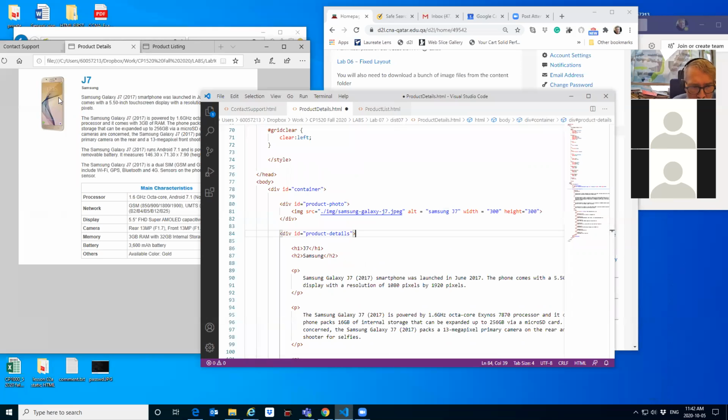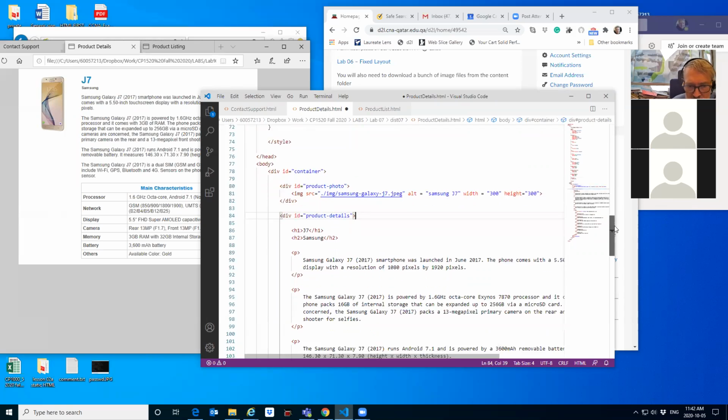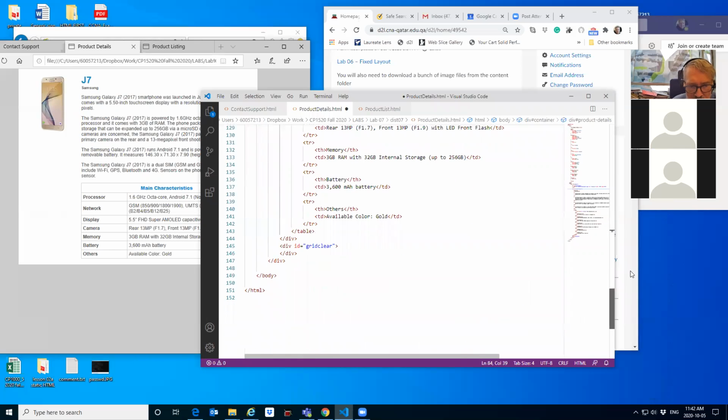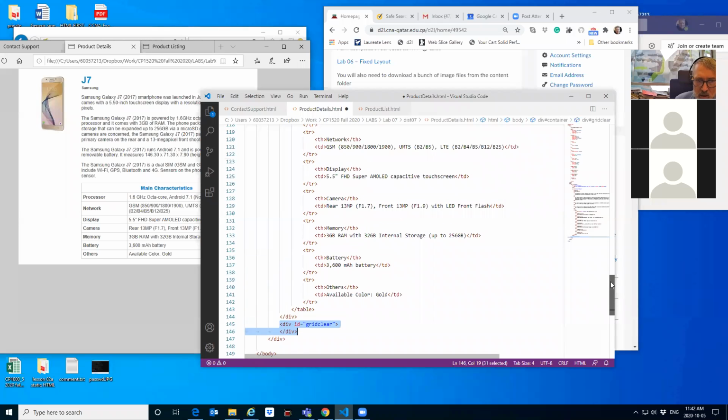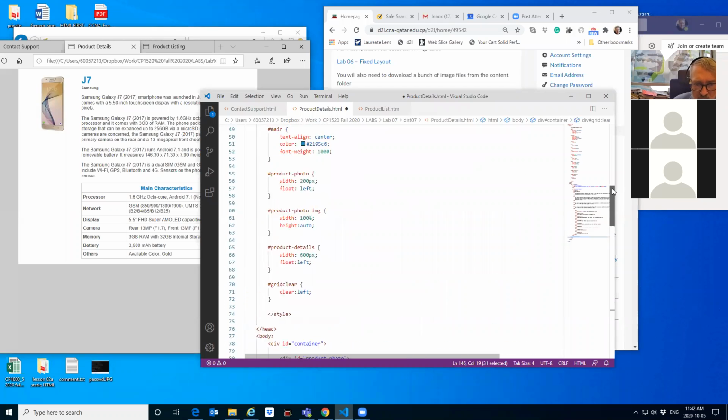So this is the product photo here, and everything over here is the product details. So the product details is going to hold everything else, and that goes down to here. Then at the end, we've got this special little div. When we get to the end of the page, we're going to go back to having 0 columns. So everything above there has got our columns. And we just made up this word, grid clear. It's just a made up word, but we'll see how it works in the